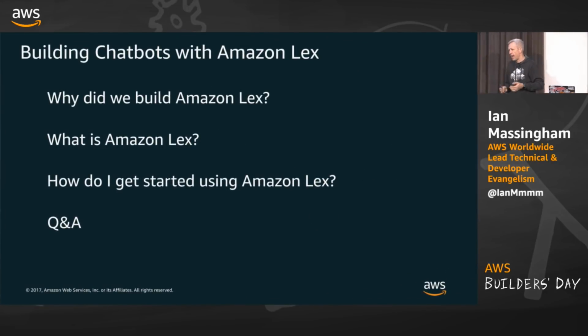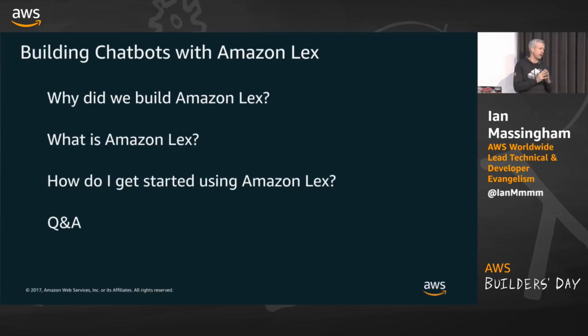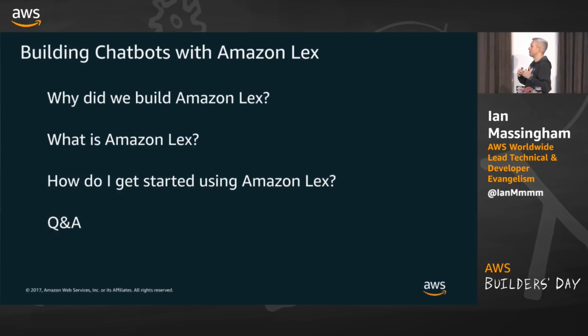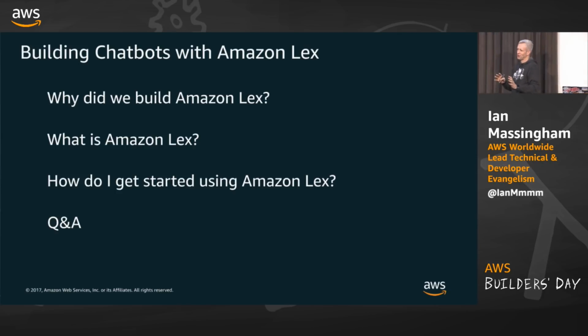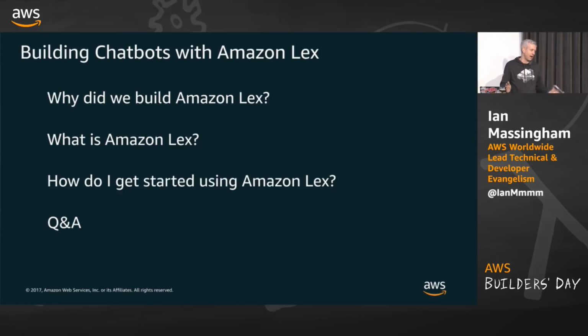Okay, and it's that I wanted to talk about first of all before we get onto the main part of this session. And it's important to say the main part of this session is predicated on one assumption. It's very, very important that this assumption is true, or this session will fail. And that assumption is you all have to have Facebook Messenger installed on your phones. If you do not have Facebook Messenger installed on your phones, this is going to be the worst demo that you've ever seen in your life. And that goes for people watching on Twitch as well. Facebook Messenger, absolutely essential. If you don't have it, I'm going to look so bad when we get to the demo because nothing's going to happen.